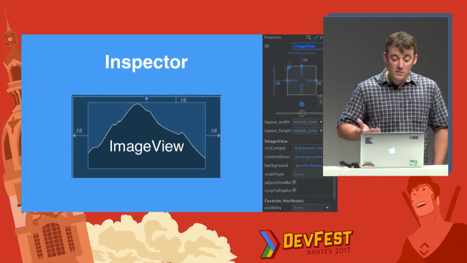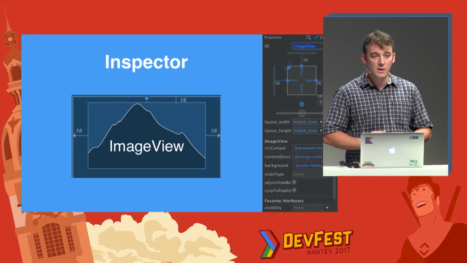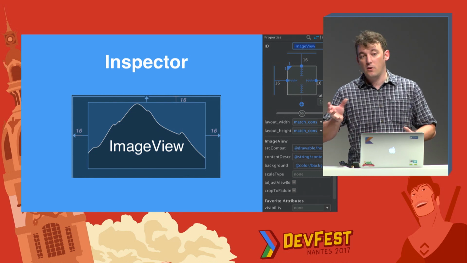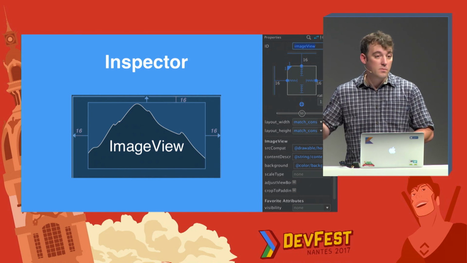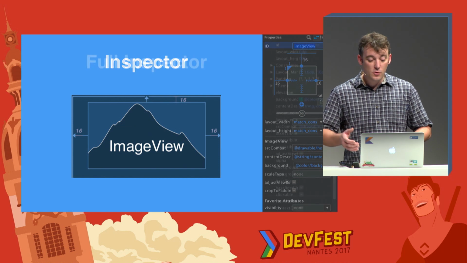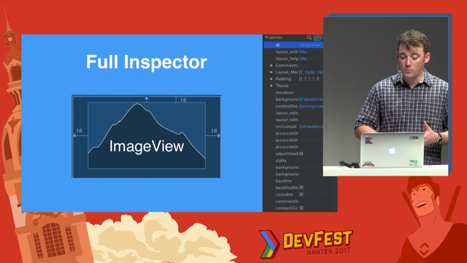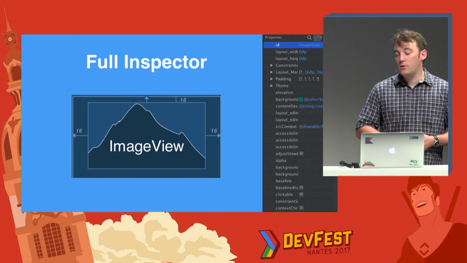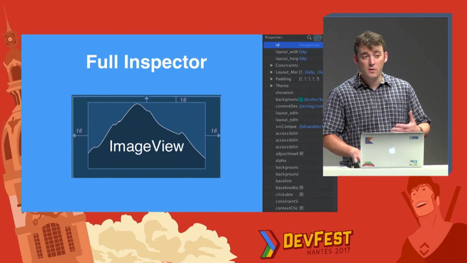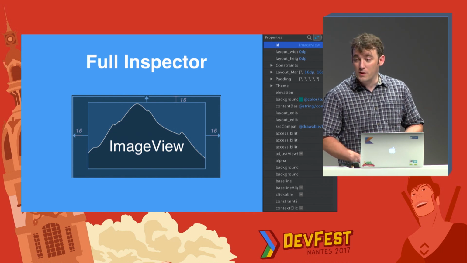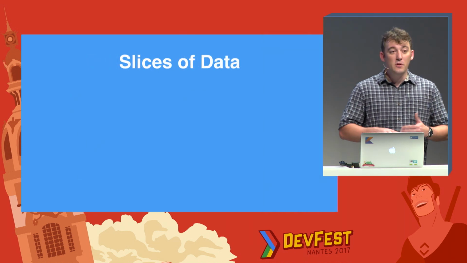We move on to the inspector, showing you both a representation of the constraints for that widget, hopefully in a sometimes clearer way than what you can see in the design surface, as well as a series of attributes. You can also have what we call the full inspector, showing you all the possible attributes. So if you don't quite know what you're looking at, you can either search or just scroll to find the attribute you want.